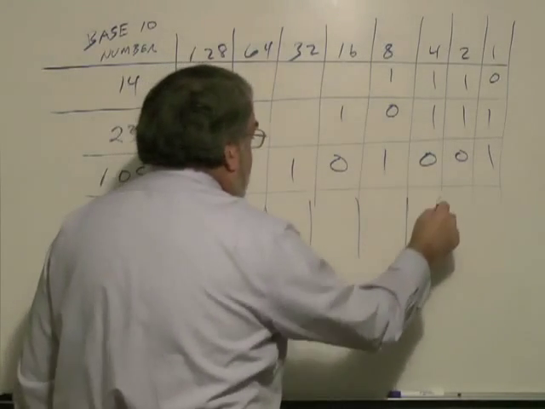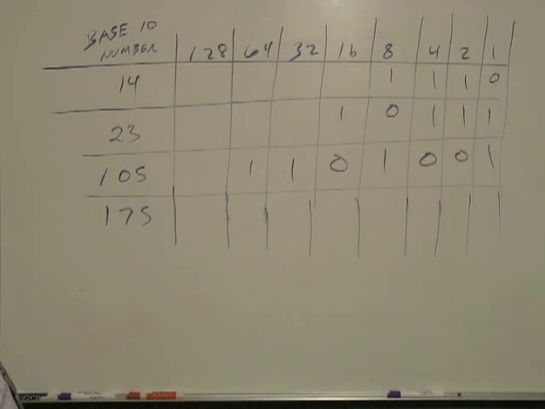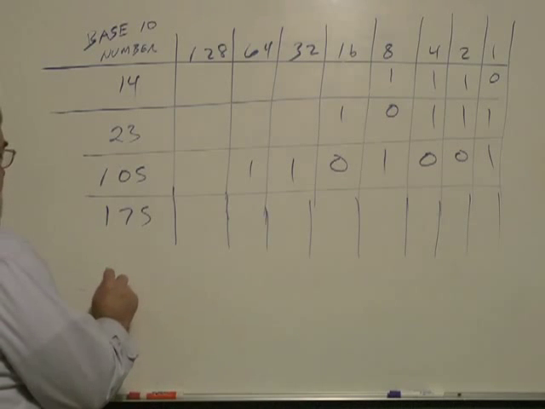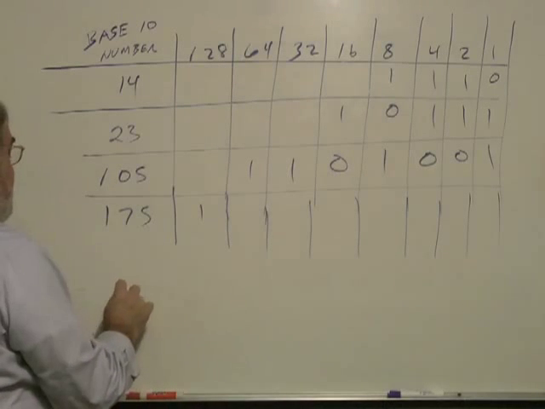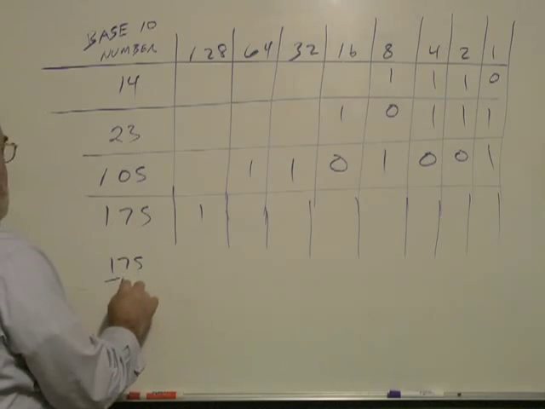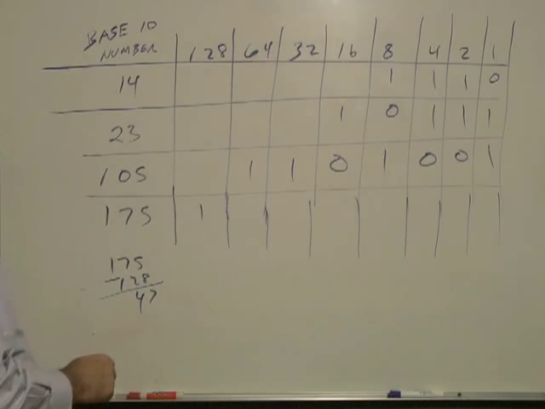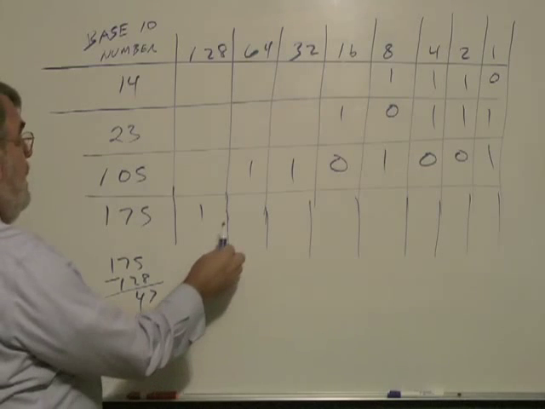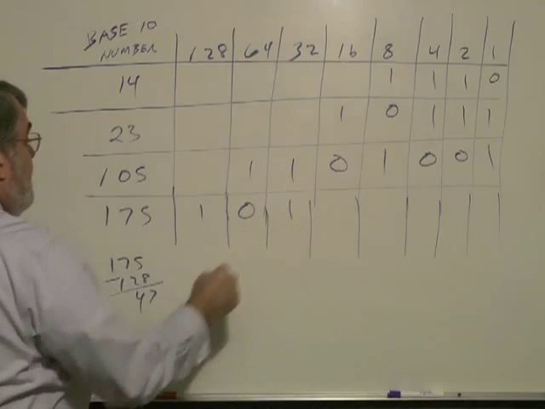Again, you try this, pause the video and see what you get. Well, here we go. We can subtract 128 from 175, and we get, I believe, 47. Yeah, 47. Now I can't subtract 64, so that's a 0. I can subtract 32,